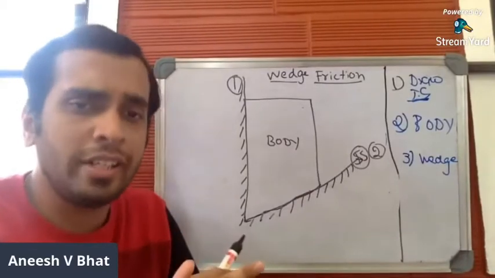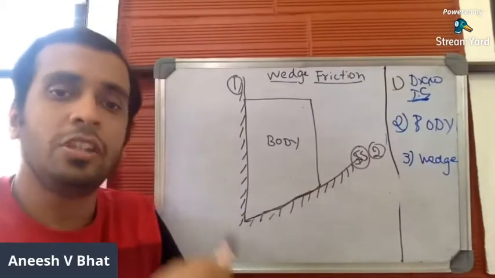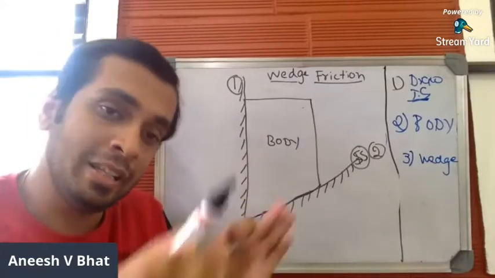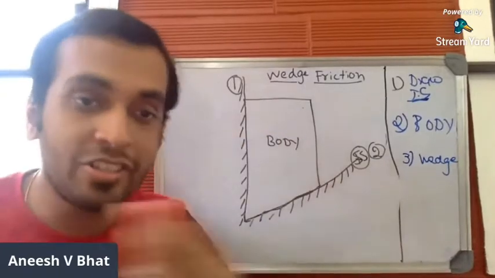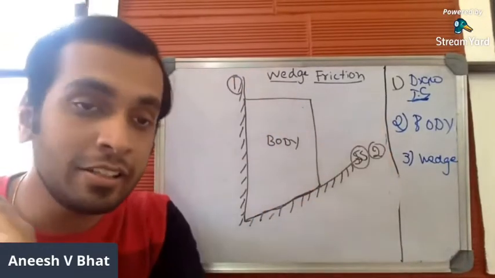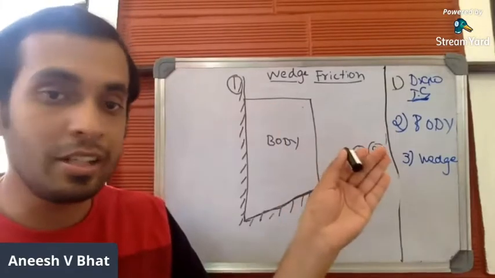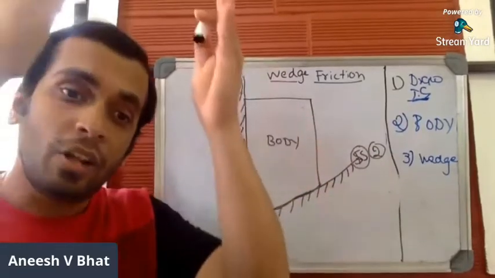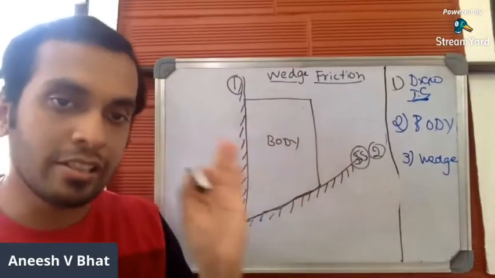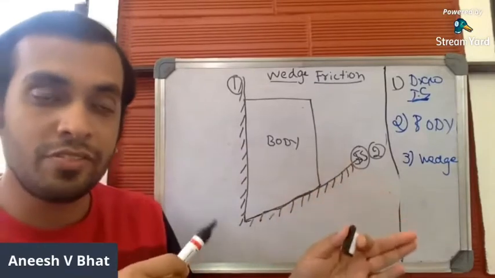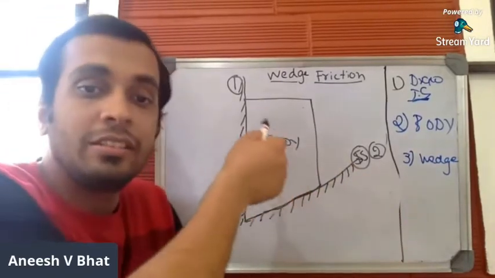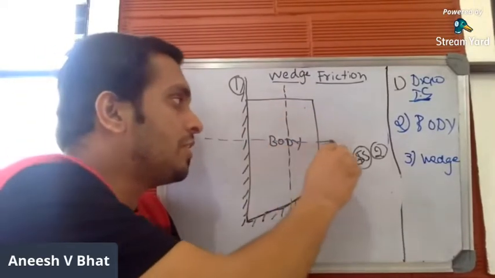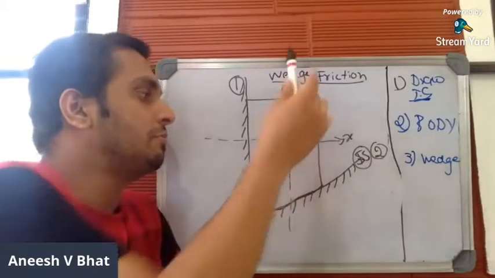Now we have to draw the free body diagram for this particular body. In order to draw the free body diagram, you have to draw the coordinates. Remember, in the previous set of problems, we were drawing the coordinates such that the x-axis was parallel to the surface. Here, you don't consider that condition. None of the axes should be parallel or perpendicular to any of the surfaces. The coordinates should be straight, without any inclination, as far as wedge friction is concerned. This will be the x-axis and this will be the y-axis.